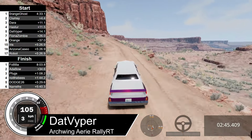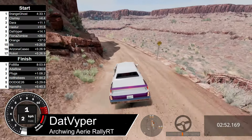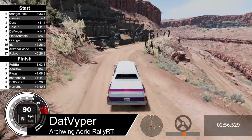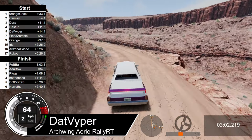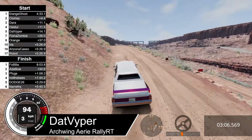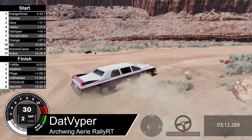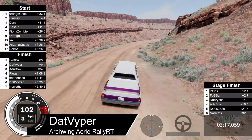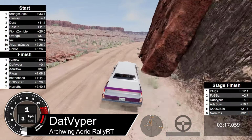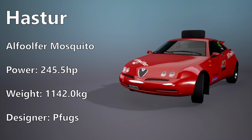But now coming to the end of the stage. And it's obviously done well to get the limo through the stage so far, even with its size. Definitely not the typical rally car, but it's shown to be somewhat competitive still, which you've got to respect. Done a great job as well with Viper driving it, making it as competitive as it is. Runs up to the stage end, it'll be a 3:17.0, just under 5 seconds off the stage finish, and it's 0.4 off of FOBA come the end of the rally. So that roll proving crucial in the end